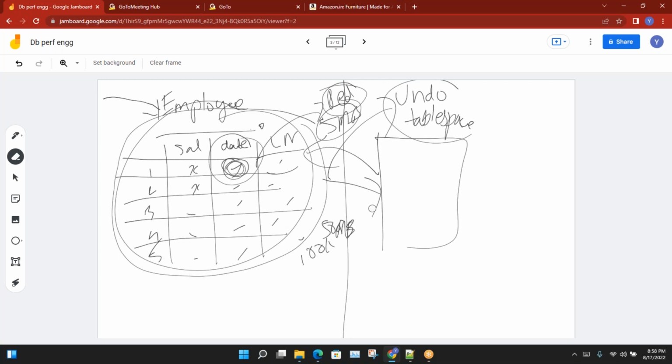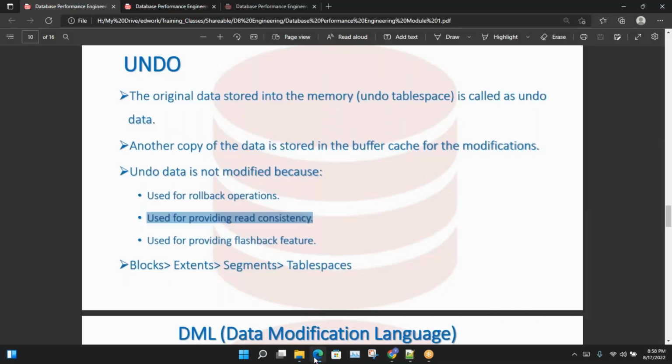Vishnu, so undo table space is something which is created in the disk, right? Correct. Yes. Okay. So now, what we mean by read consistency is, let's say